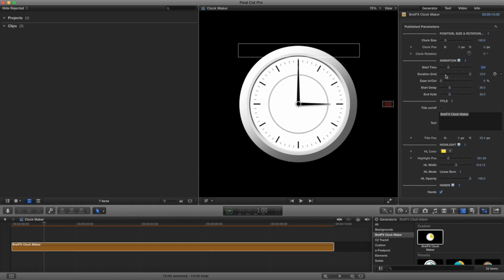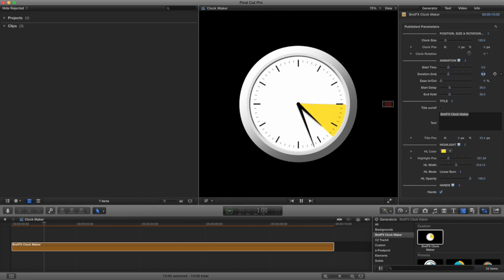The next one is not where you want the animation to end, but the duration of the animation. And this is not 10 seconds, 20 seconds. This is how many hours around the face the hands are going to spin. So if we wanted it to go from 3 o'clock to, say, 6 o'clock, we wouldn't enter 6 o'clock here. We would enter the duration between 3 and 6 o'clock, which would be 3 hours. Let's enter that. And if I hit play with the spacebar now,